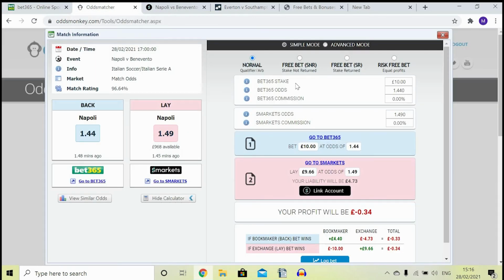So we go to the Odds Monkey side, and you can see free bet stake not return. That's what you'll be doing now, not normal, because this is your free bet now. You're using the free bet, remember. By the way, you can split this free bet into like 10 different ones, so you can stake £10 each. You don't have to stake £100 all. You can split it into 5 or 6 or 10 bets. So we're gonna do 10, but as you can see, our return is only 2.95. This is the profit we're gonna make if we go with these odds, 1.44, which I don't recommend